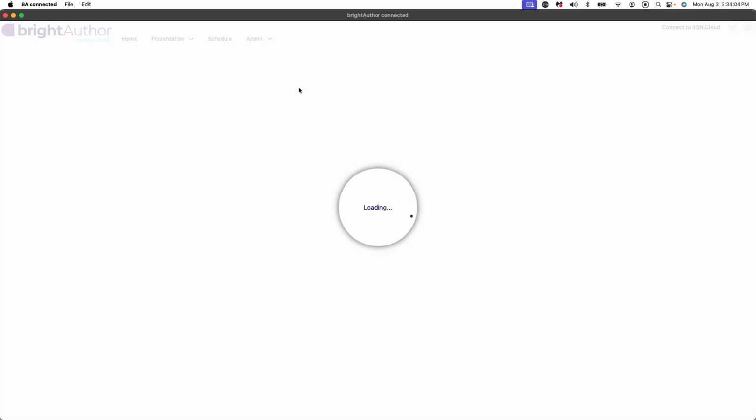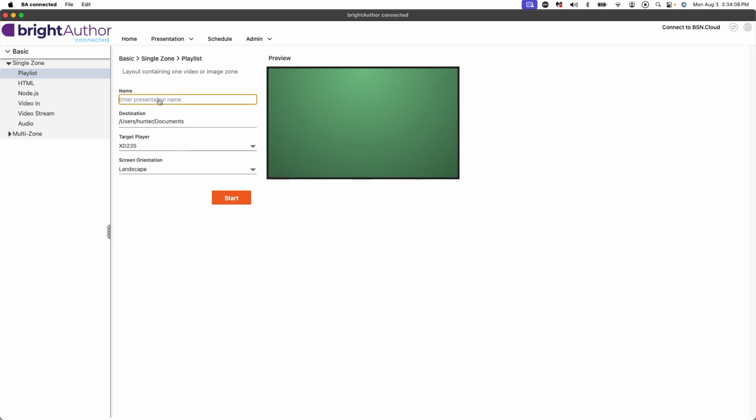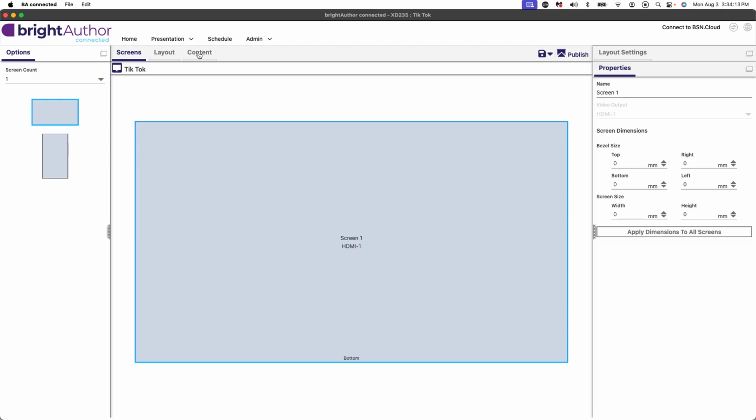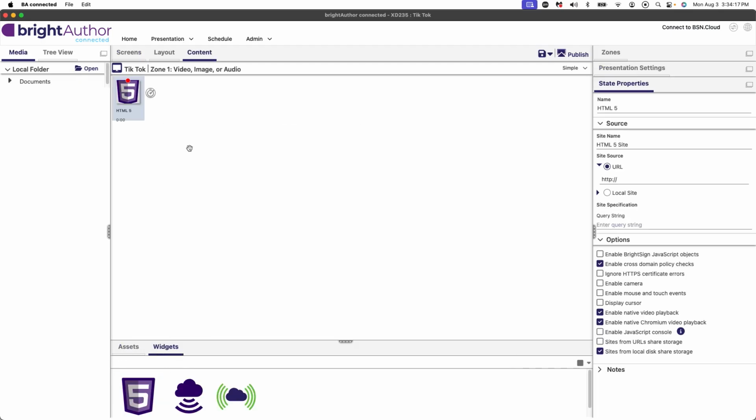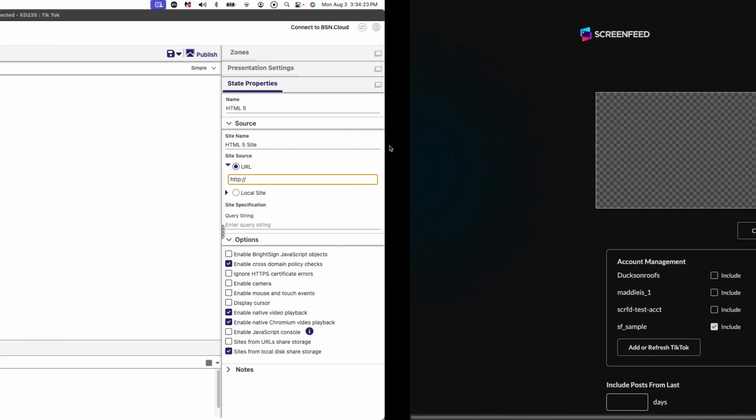You'll have to create a new presentation, select your player, name your presentation, we'll call this TikTok, and set your target player. Go to Content, Widgets, HTML, drop in the HTML widget, and then you'll want to paste in the TikTok feed under the site source.